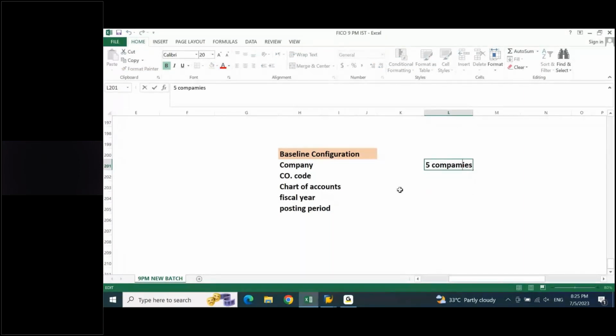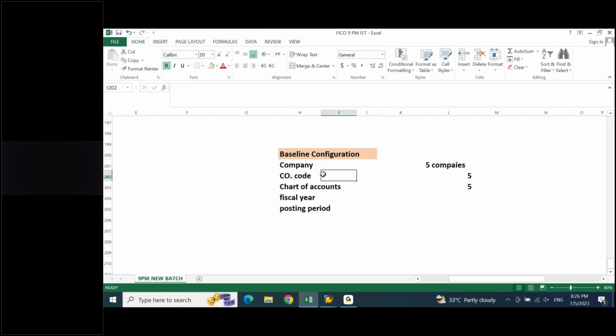Next, I will show how to create a company code. Then this also you understood, and you started creating 5 company codes. Chart of accounts also I will show you, and you started creating 5 charts of accounts. Everything you started creating 5 settings. Initially, do we find it easy, simple or not? Yes, because I am going to show bits and pieces. Today I will show you how to create a company and a company code.